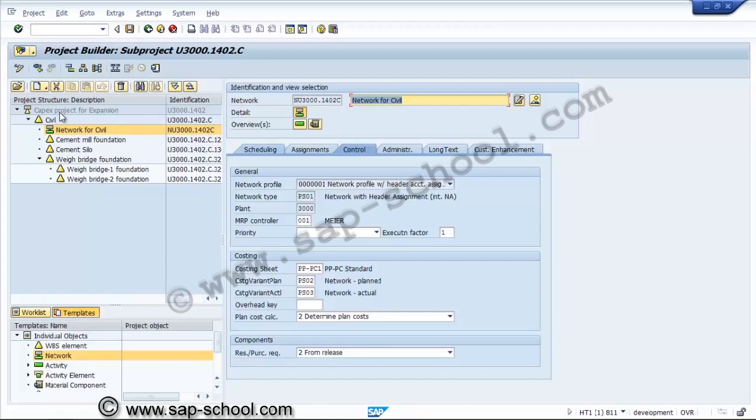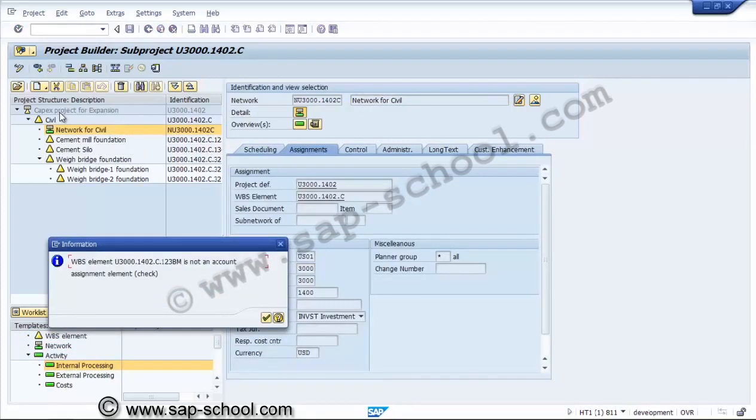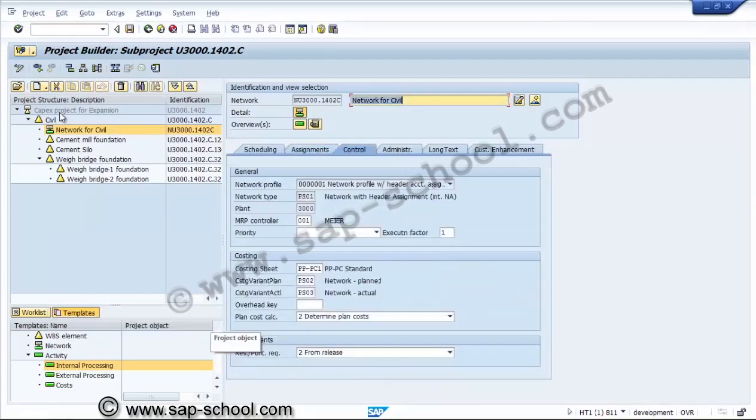Now similarly we can create the activity also, internal processing activity.